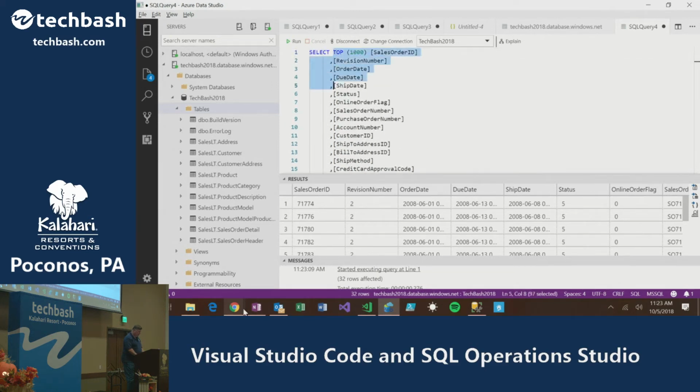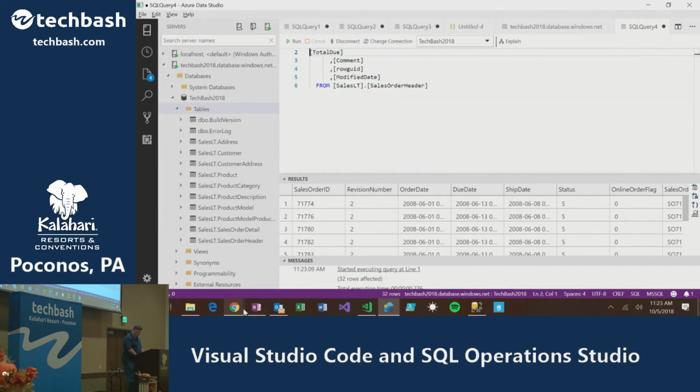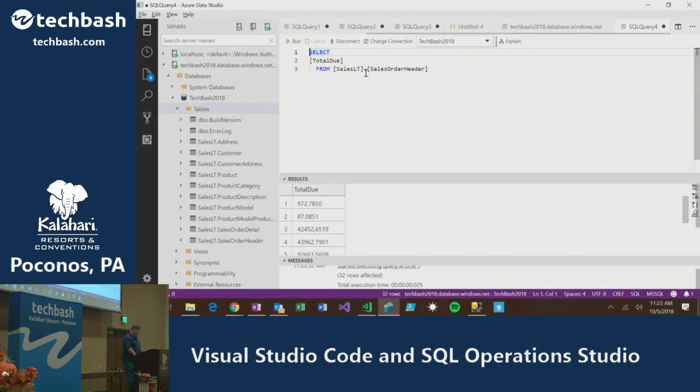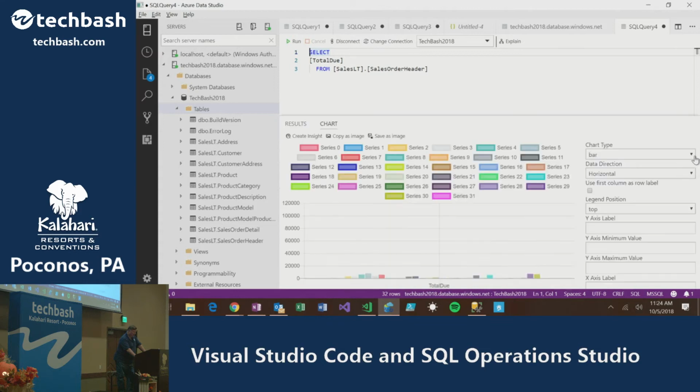Suppose I wanted to just return back the TotalDue. So I'm going to select TotalDue from sales order header. Let's run that again. And you see I have TotalDue. And I'm not quite sure what I'm going to do with this in the future, but it makes graphs, which I thought was really silly at first.